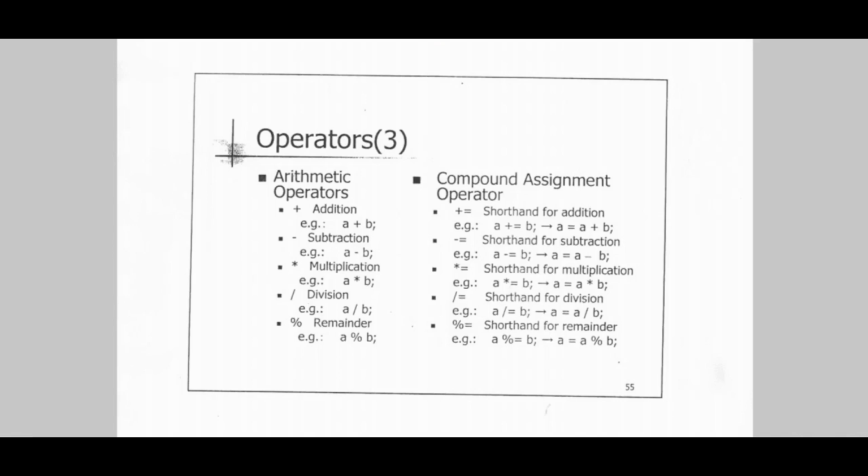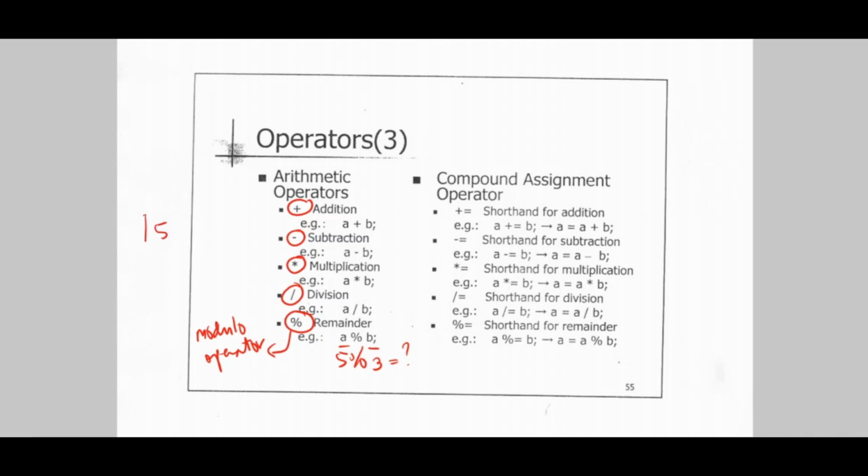The arithmetic operators in Java are similar to those in the C programming language. So for addition, we use this operator, this one for subtraction, for multiplication, for division, and for getting the remainder of dividing A by B, we use the modulo operator. So for example, if we have 5 % 3, what is the value of that?